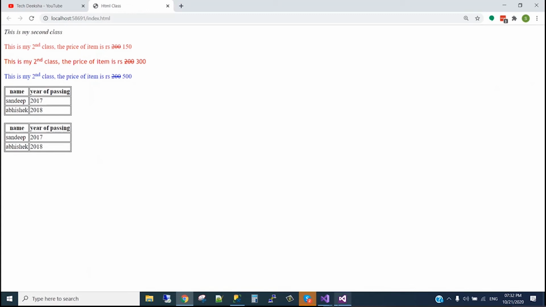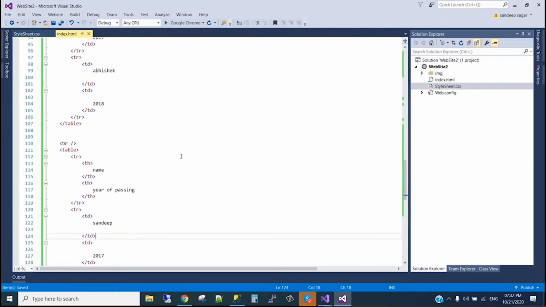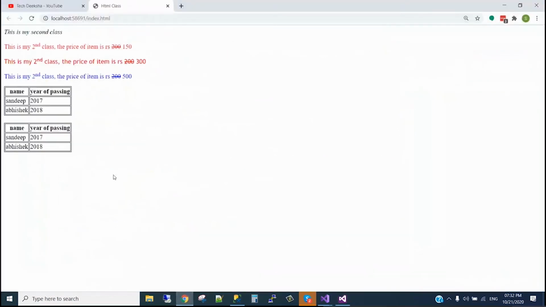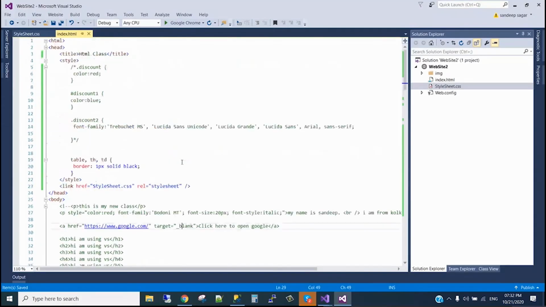And we can change the text and everything. Basically here the name and the column are very close side by side, so we need a bit of spacing so that it looks good. We can do some designing on that.